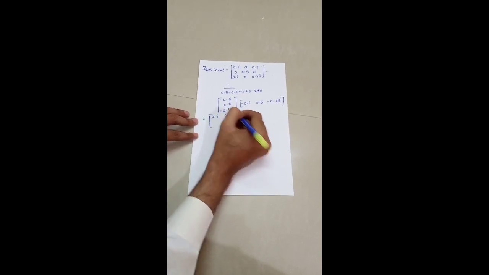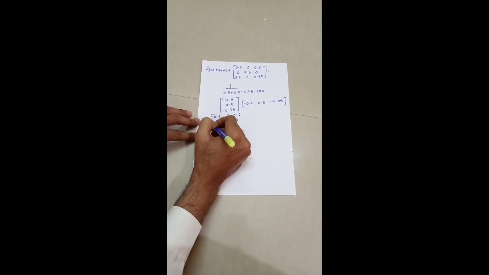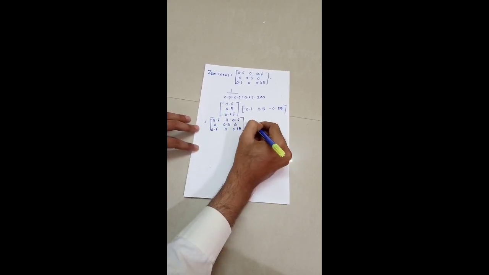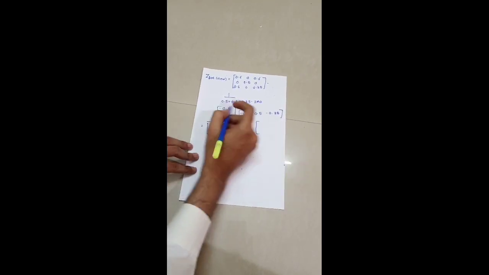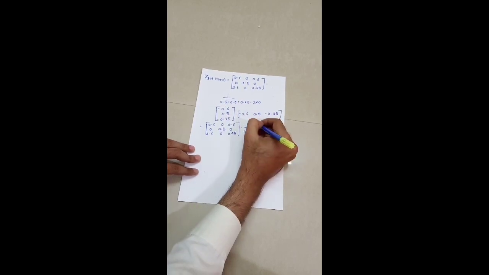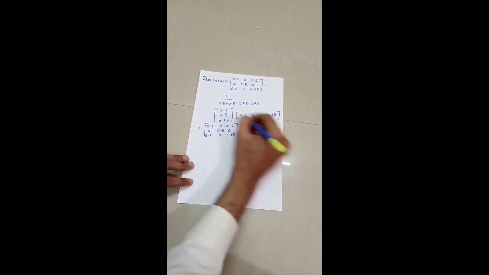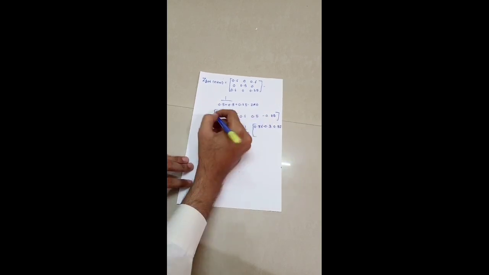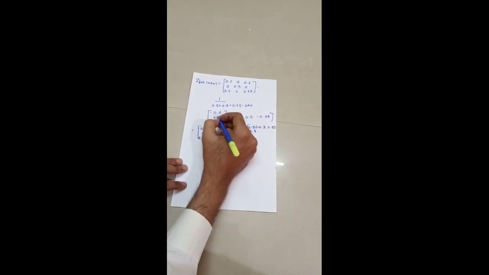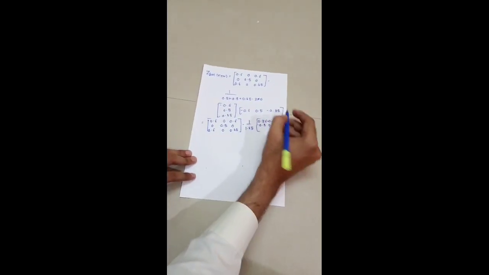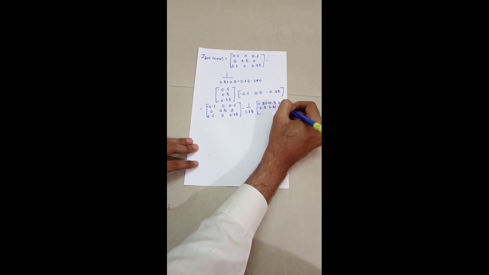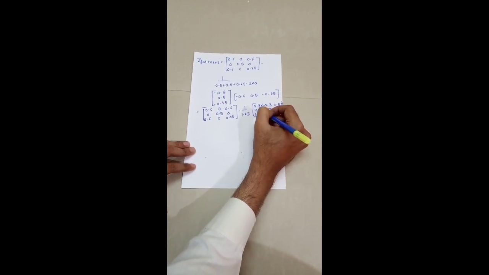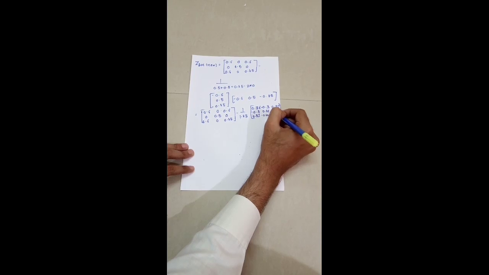So it is equal to 0.6, 0, 0.6, 0, 0.5, 0, 0.6, 0 and 0.85 minus 1 divided by 1.85 multiplied by the matrix: 0.6 into 0.6 is 0.36, minus 0.6 into 0.5 is minus 0.3, 0.6 into 0.85 is 0.51, then minus 0.3, 0.25, minus 0.425, then 0.51, minus 0.425 and 0.7225.